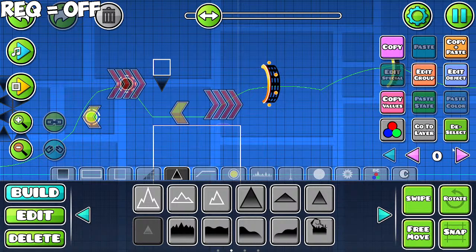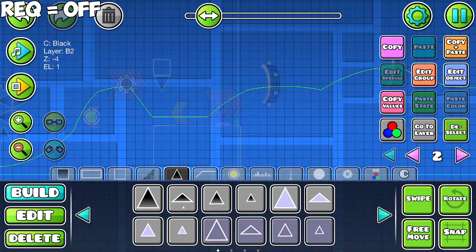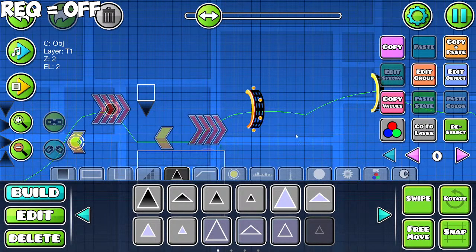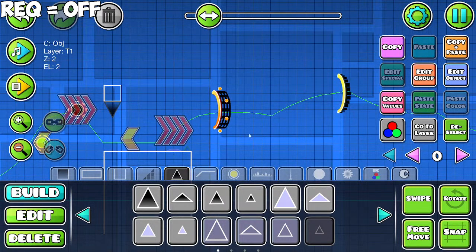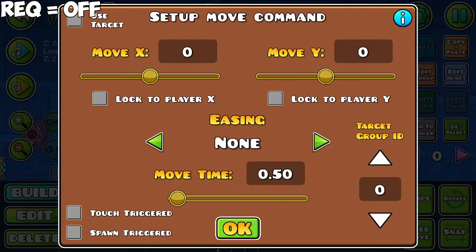You having trouble with the move trigger? Oh, that's an easy one. What aspect of the move trigger? Because there are some more advanced aspects and some less advanced aspects. But I could go over the whole thing. Lock to player X will lock the object to the player X whenever you